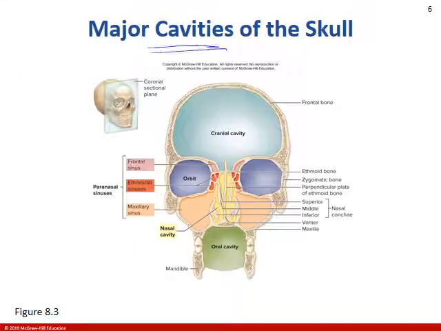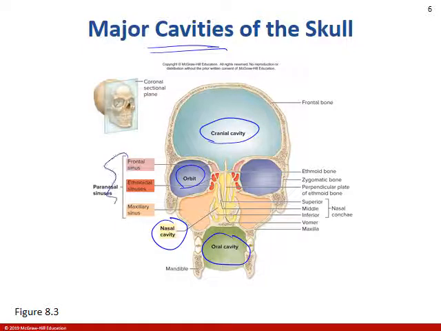Let's just review some of the cavities. Here we have the cranial cavity where our brain is going to be located. We have orbital for our eye. We have nasal cavity, and we have the oral cavity. Then they outline the sinuses. Just a quick thought on the sinuses. The reason that we have these sinus cavities is that it makes our head a little bit